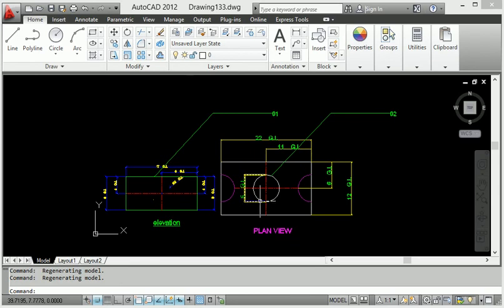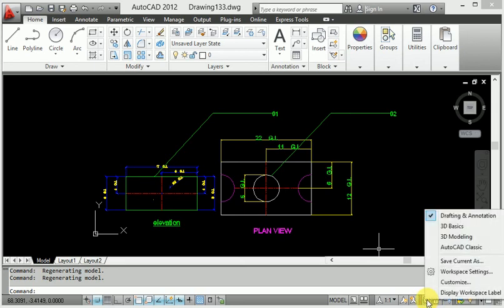So this is how to switch between every workspace in AutoCAD. Here, the available options include different types of save current.